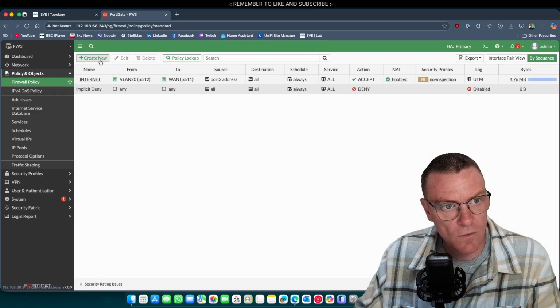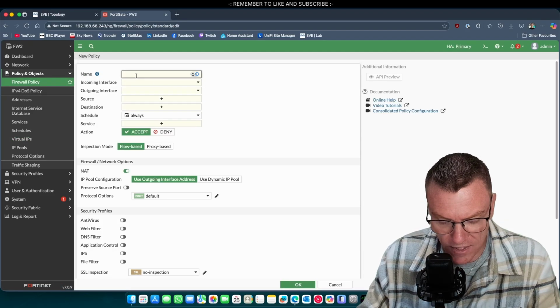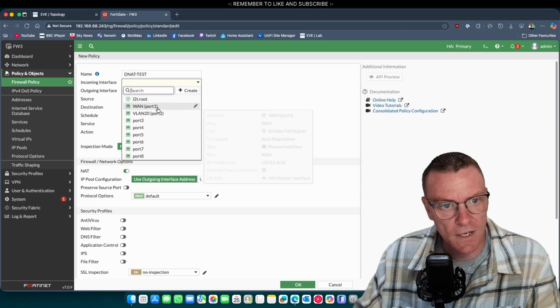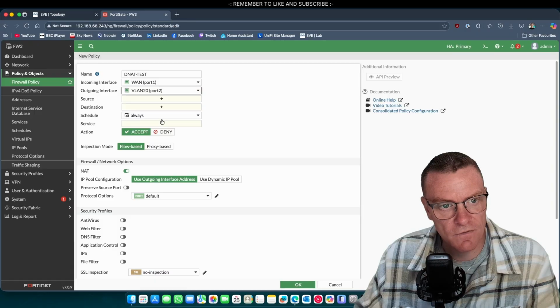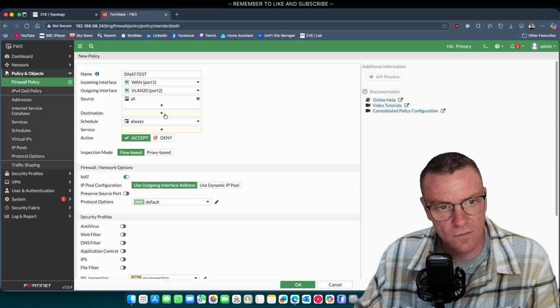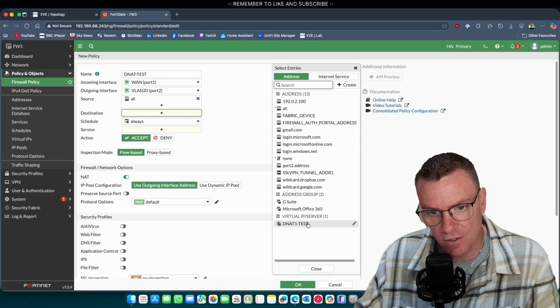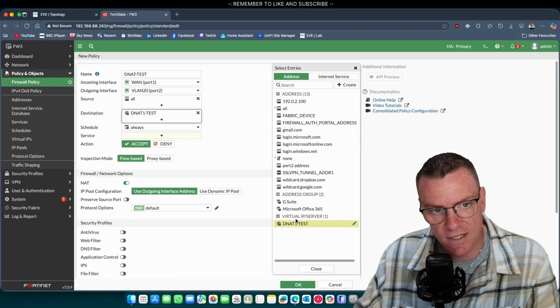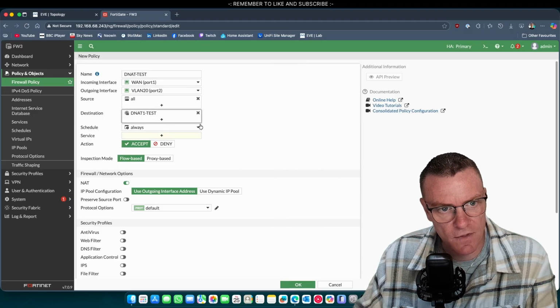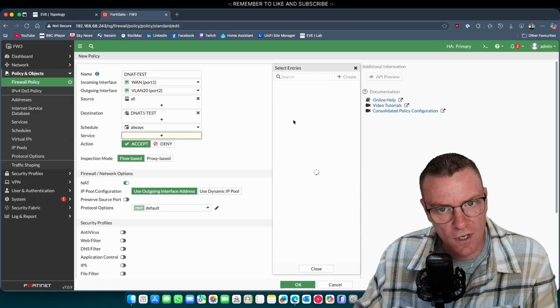Then we're going to come up to our firewall policy. We're going to create a new one, call this our DNAT test. We are coming in on WAN 1, going out to VLAN 20. The source will be for all on the internet, and our destination will be to our DNAT test. This is where I prefer this one because it kind of makes sense over the Palo Alto one. You were kind of putting the public IP address in the policy with the rule, which looked a bit odd. We'll allow